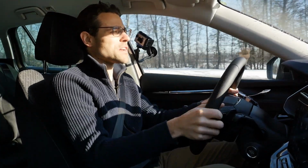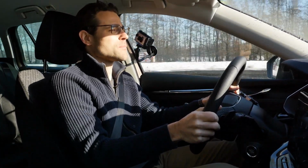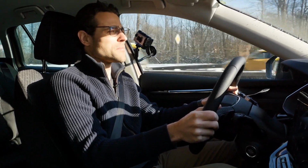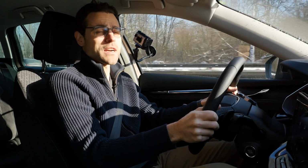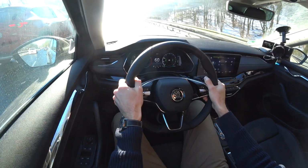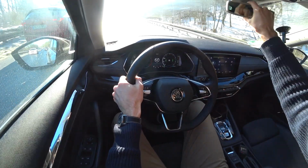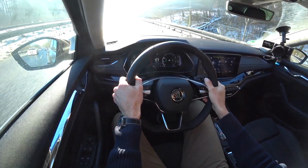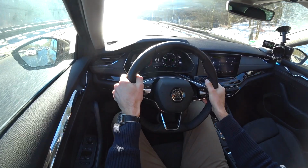Well, really low standing winter sun here at the moment. Really blinding, pretty interesting. But the roundabout visibility of this car is actually quite good, especially in the combi. You have a better view to the rear. The back mirror is quite slim for design purposes. Maybe could be a little bit larger. To the sides, actually also a good view through the